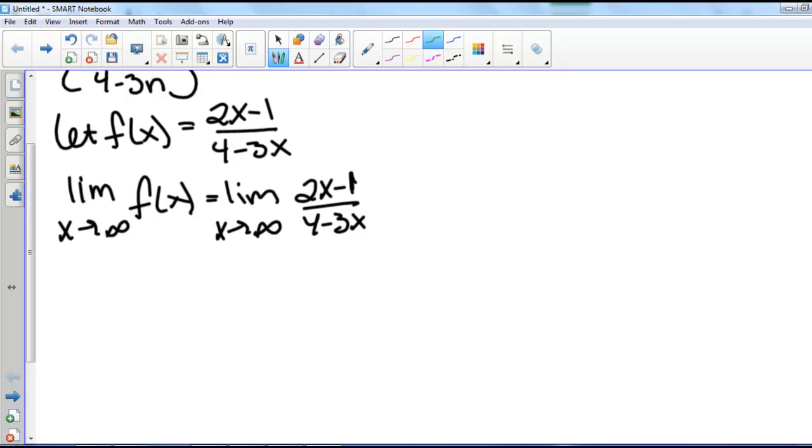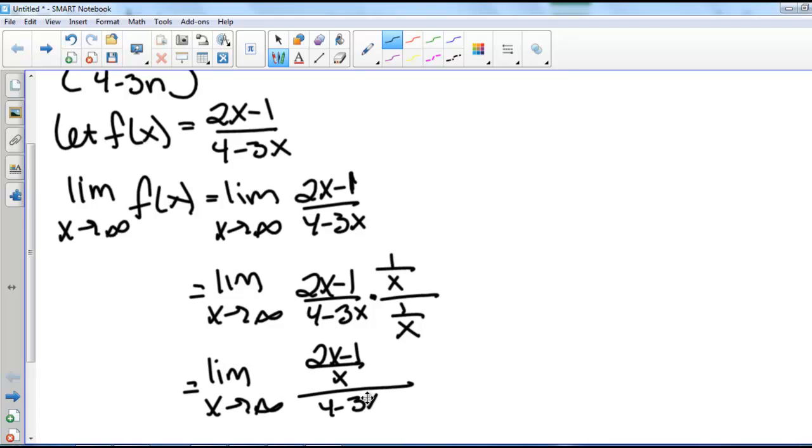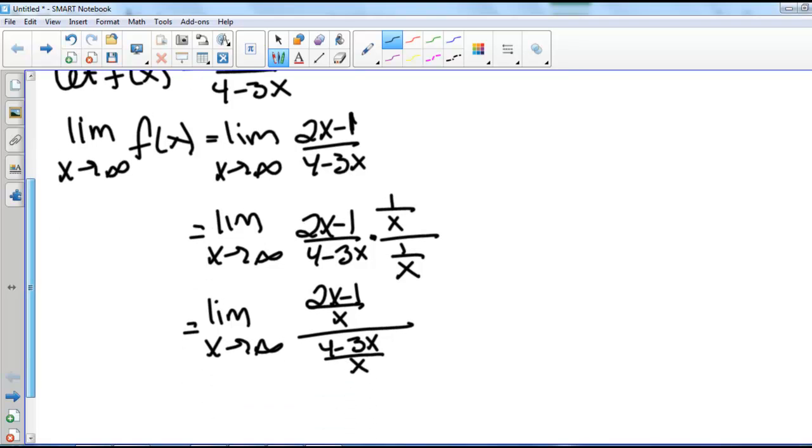by 1 over x. So we are going to find the limit as x goes to infinity of 2x minus 1 over 4 minus 3x. We're going to multiply both the top and the bottom by 1 over x. So now we get the limit as x goes to infinity of 2x minus 1 over x divided by 4 minus 3x divided by x, which equals the limit as x goes to infinity of 2 minus 1 over x